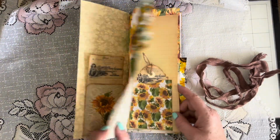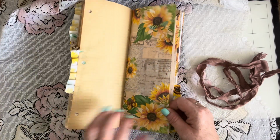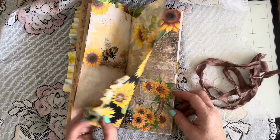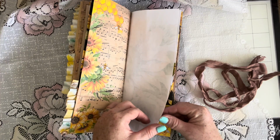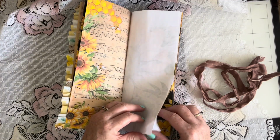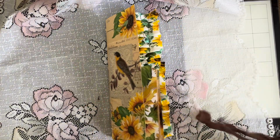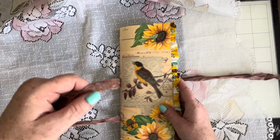Let's count the pages real quick. 1, 2, 3, 4, 5, 6, 7, 8, 9, 10. There's 11 pages. And then we just tie it up with this. I didn't have any yellow,